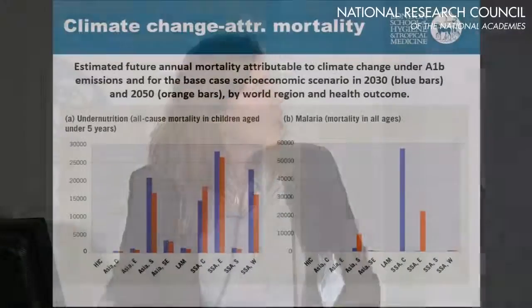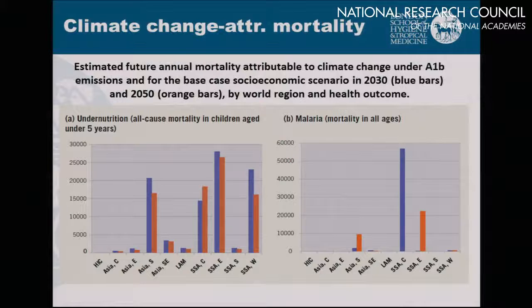So just to go through the results, you may hope you can see the regions along the bottom. One of the key findings, so it's not about focusing on the absolute numbers, it's the distribution of the impact. One of the advantages of doing a global assessment is that you can have a better idea of which regions are most affected. So clearly, Sub-Saharan Africa and South Asia come out particularly at risk. So you have undernutrition and South Asia. The blue is 2030, and the orange is 2050. So you've got the two time points there, and this is deaths by outcome.